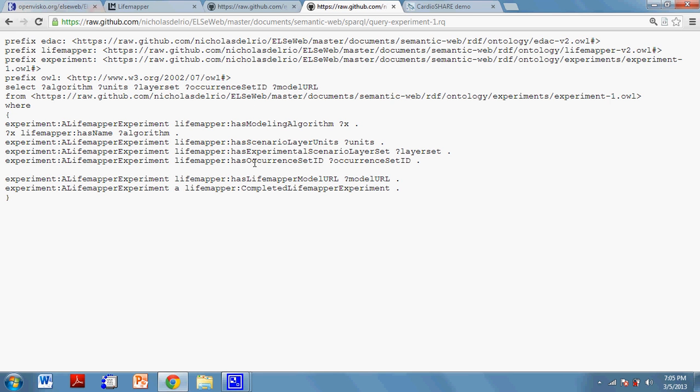So what this particular query is saying is we'd like to run a LifeMapper experiment located in this OWL file, experiment 1, which was the RDF that we were previously looking at. From this OWL, we ultimately would like to run a LifeMapper model, and we are requesting the URL for the final model output. Notice how we're not specifying anything about what particular services at EDAC to retrieve the data from, or